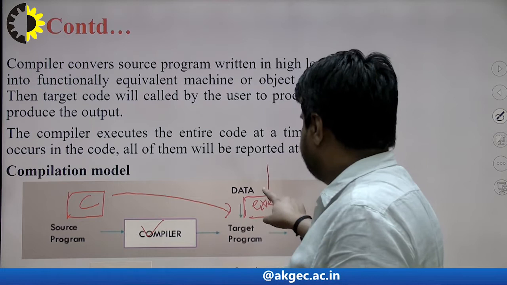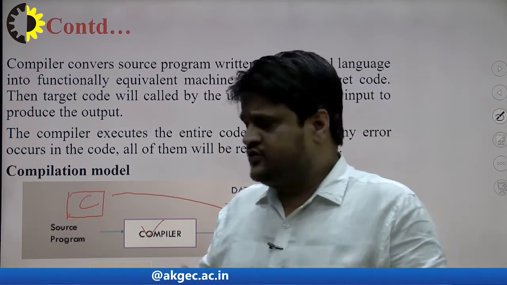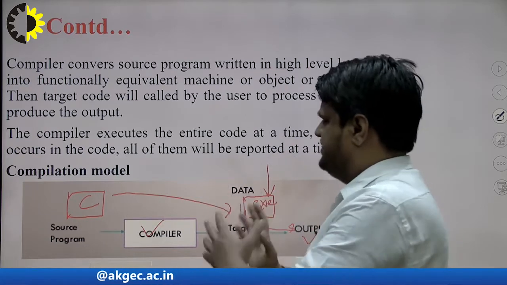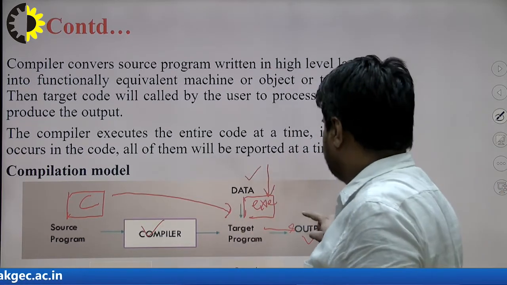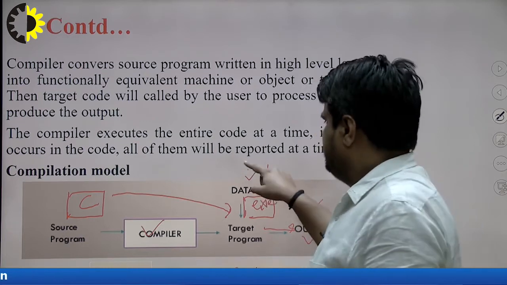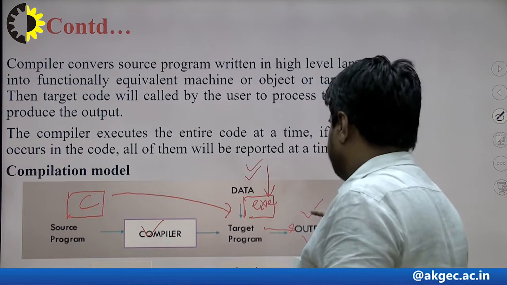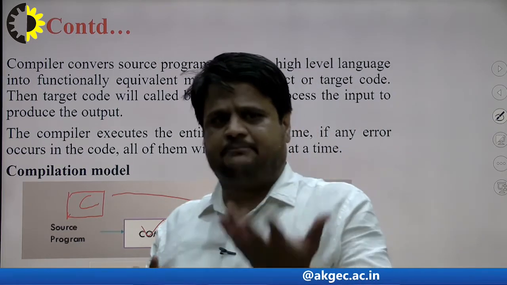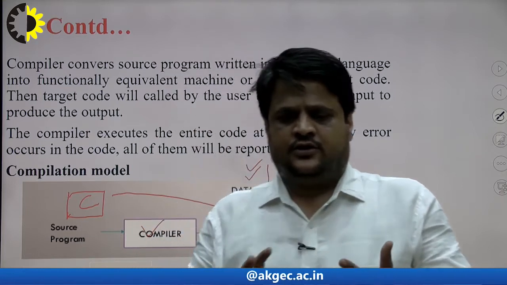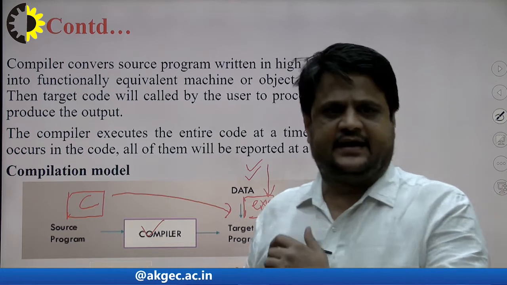It will take the data and produce the result simultaneously, right? So once the particular code gets compiled, you can alter the data and get different results, right? By changing the data, the exe file generates different results, right? So there is no need to recompile the source code for different data, right?